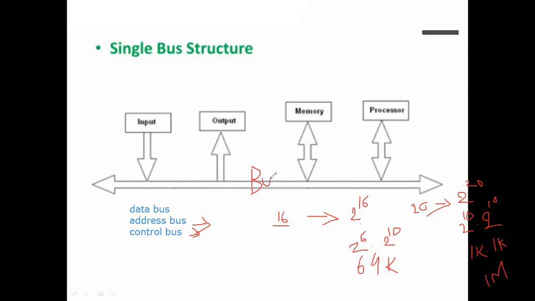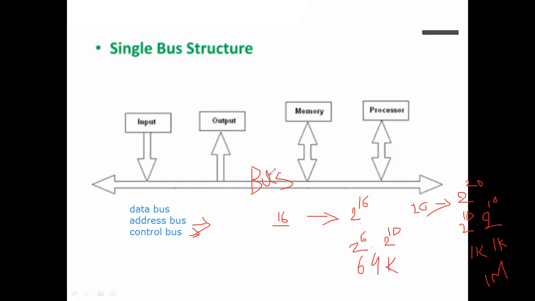This is the bus we are taking. Here, a single bus is used. That's why this is used for only one transfer at a time, that is, only one transfer between two units. Between two units the data is transferred. That's why at a time only two units can actively use the bus at any given time.